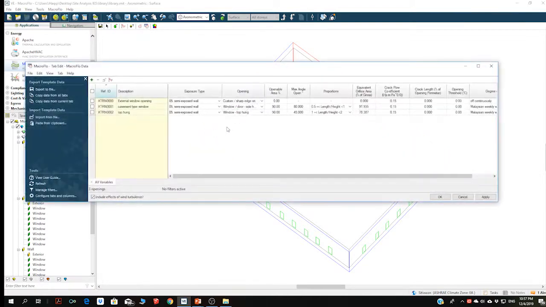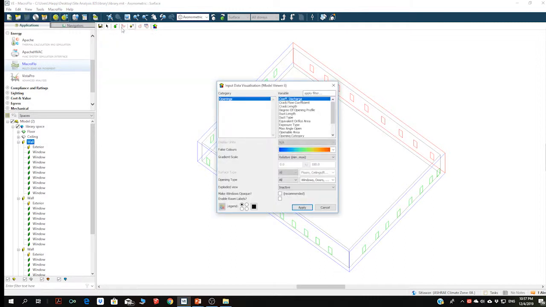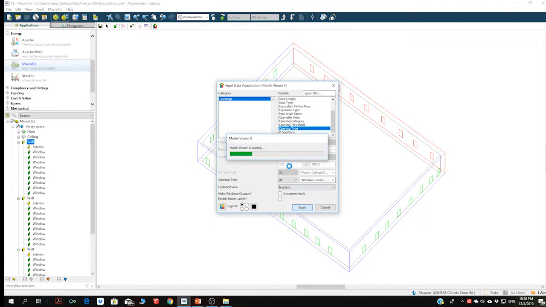All right. Okay, so let's go into the fun part. So I'm going to apply this. All right. And currently, you can view it in a visualized manner. So I'm going to click on this. So let's choose openable area. If we have a different type of opening type, apply, and see if the software can provide a different